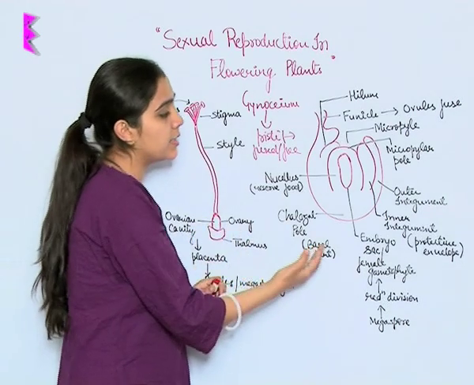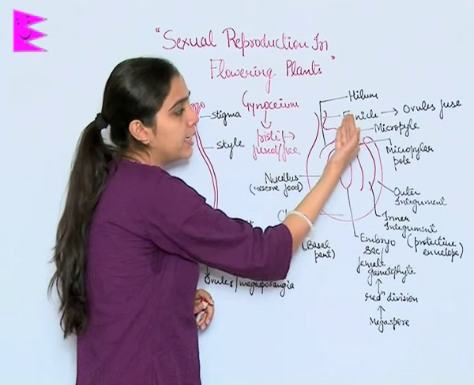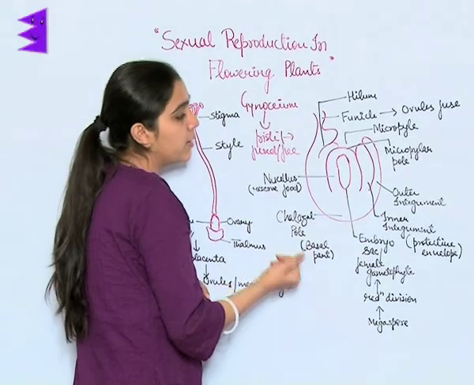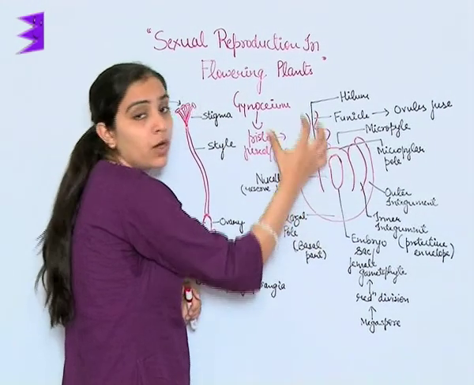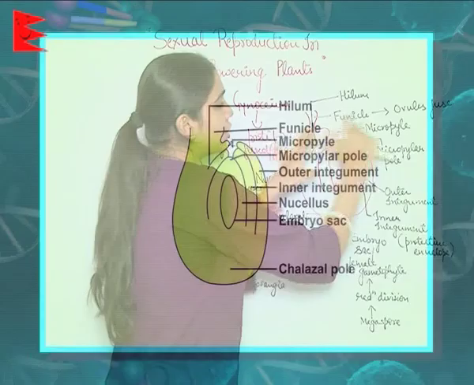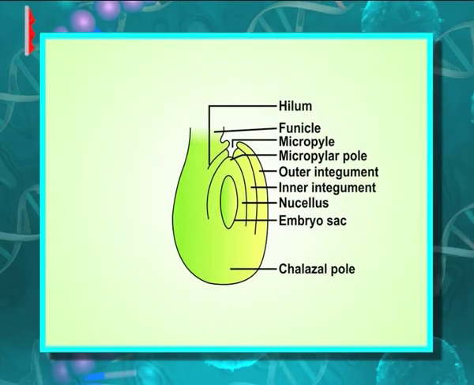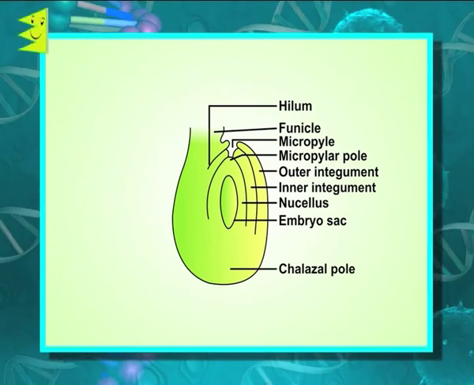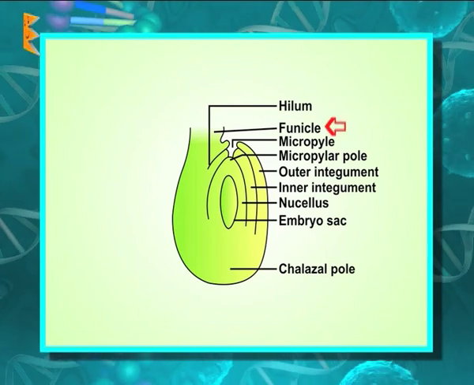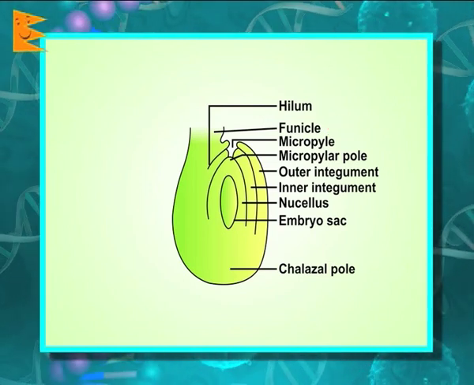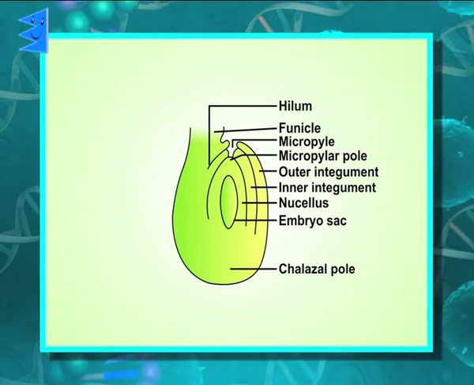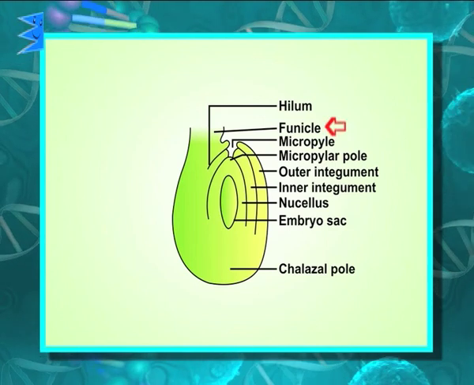Now, let us understand this in further detail. What is the megaspore, that is the female gametophyte, and how is it located or packed inside the ovary. Now, let us see. The junction where ovules are fused inside this ovarian cavity is known as the hilum, and they are fused with the help of the funicle. Funicle is the attachment which helps in the fusion of ovules to this ovary, and the junction where they fuse